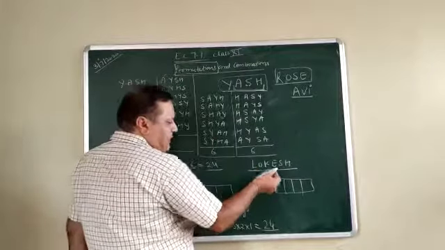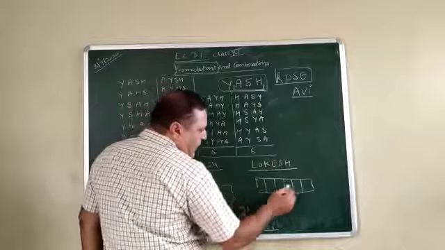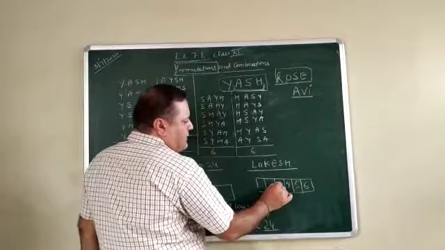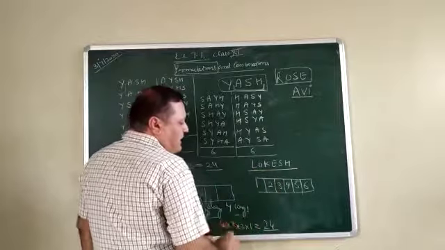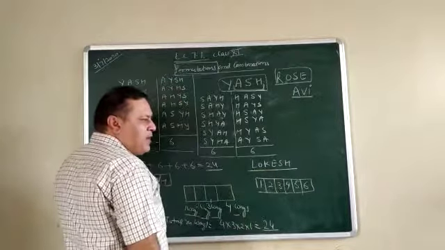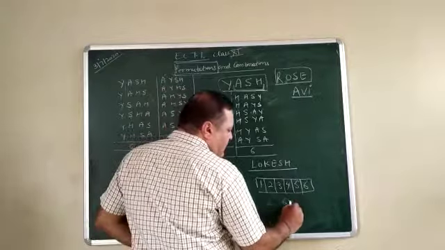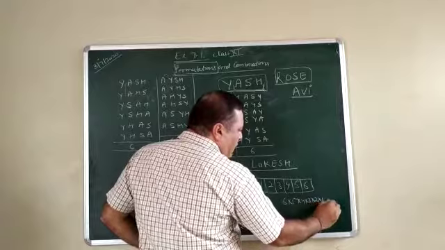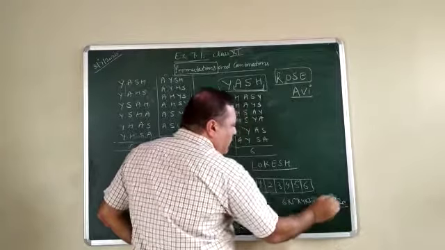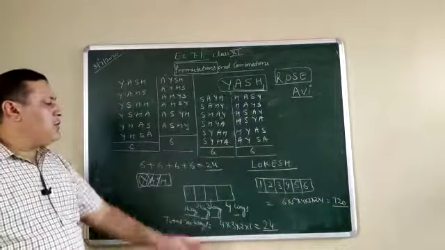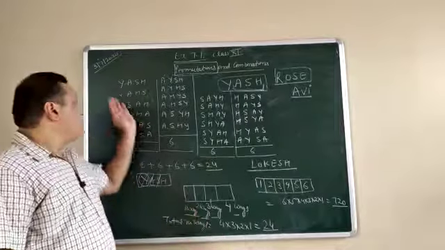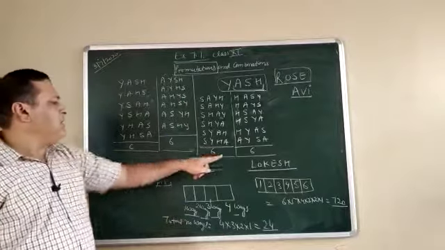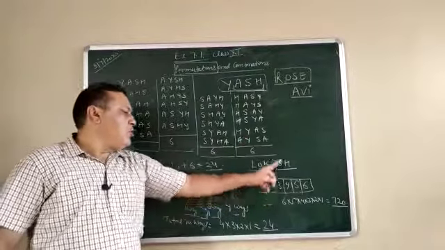The first place means any one of the alphabets can be arranged in 6 ways, next in 5 ways, next in 4 ways, next in 3 ways, next in 2 ways, next in 1 way. So total number of ways is 6 into 5 into 4 into 3 into 2 into 1, that is equal to 720. So it is the easiest method to arrange all these. The other method is quite difficult, complicated and time consuming, so we never apply it. We always go with this method to simplify.